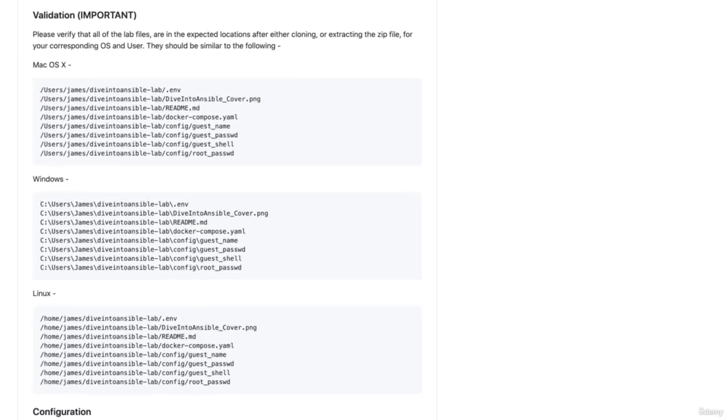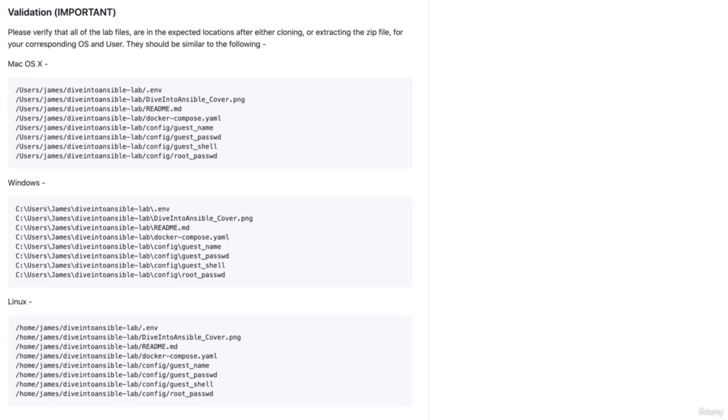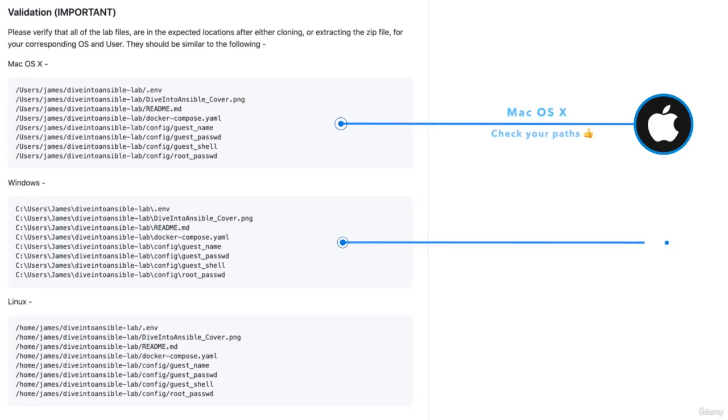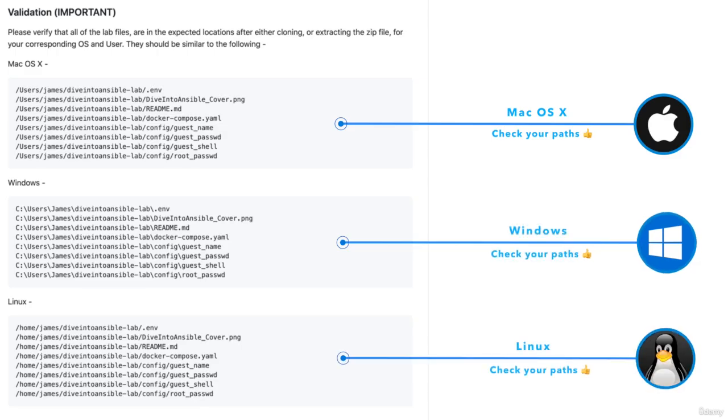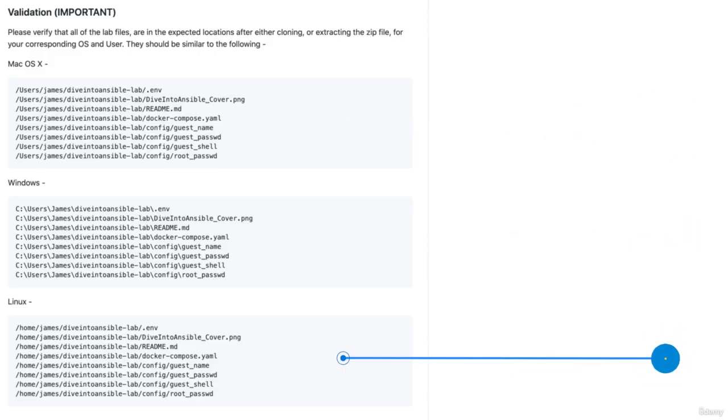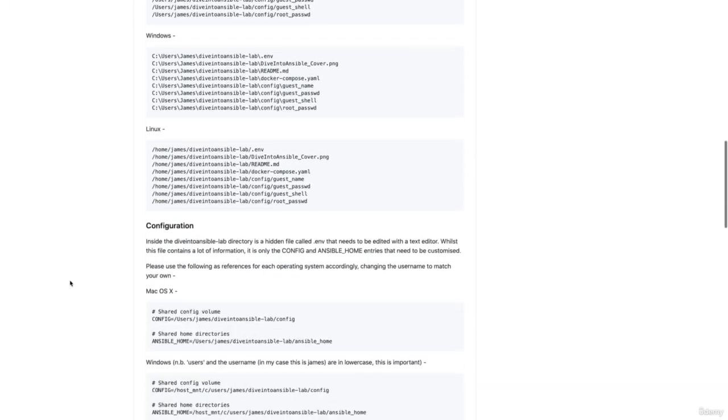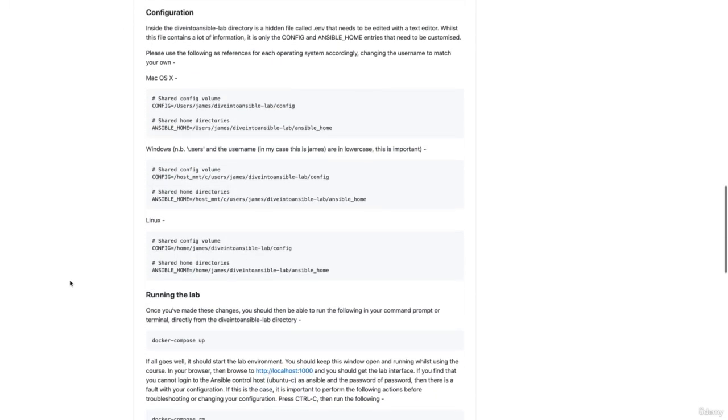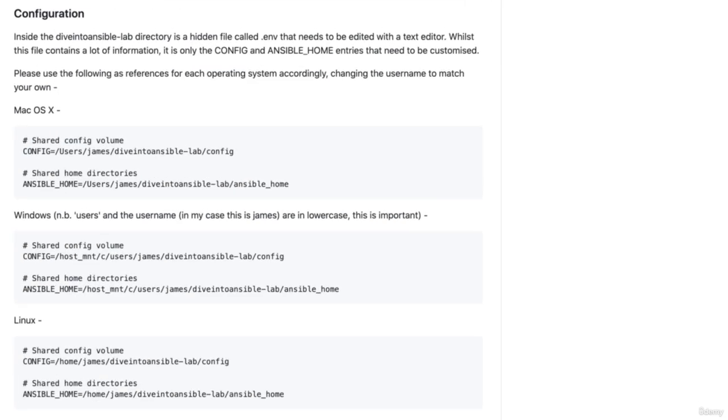This validation section is of particular importance, and after you've cloned the repository or you've extracted it via the zip file, please go through and check that all of your paths tally up with those listed for the corresponding operating system. After you have this in your home directory, the next thing we need to look at is a